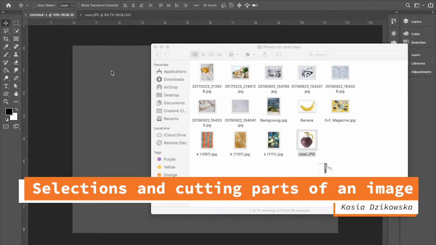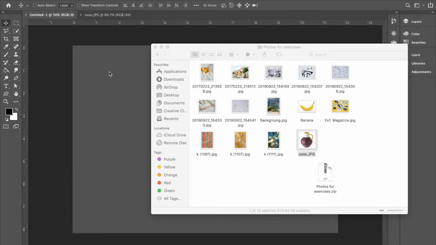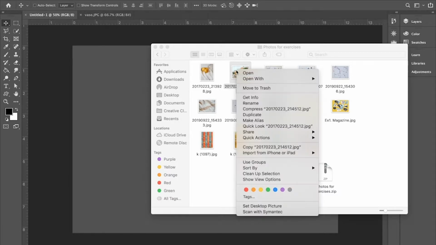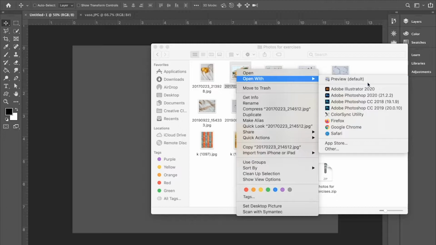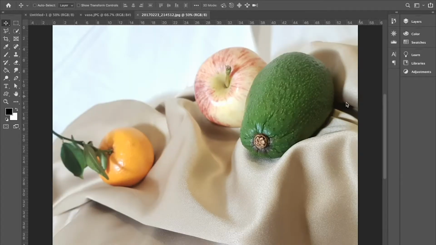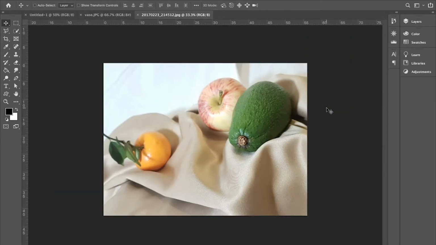Hello, in this video I'm going to show you how to use selections to separate elements from your image. So first, open an image in Adobe Photoshop. You can right click and choose Adobe Photoshop from the menu. So here it is. I've got an image I took a while back and I want to use only small